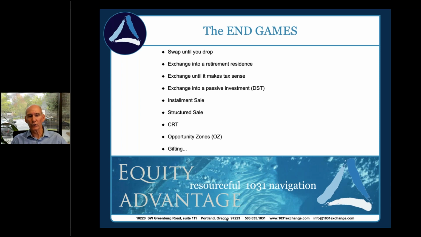So an OZ development project is only as good as the developer, so make sure you're doing due diligence in that space. Gifting's always one of those things, and once again, gifting is one of the issues that we're talking about with tax reform, where you may not be able to gift things without having a mark to market going forward. So talk to your tax people about that. Do it sooner rather than later. And that UPREIT deal, I don't have it on the end game, but I think the UPREIT is sort of the ultimate installment sale. The UPREIT is a situation where, once again, you're buying into an asset the REIT absorbs, so you end up ultimately holding shares of that REIT, and you literally pay the tax as you sell the shares. So it's the ultimate installment sale, from my perspective.